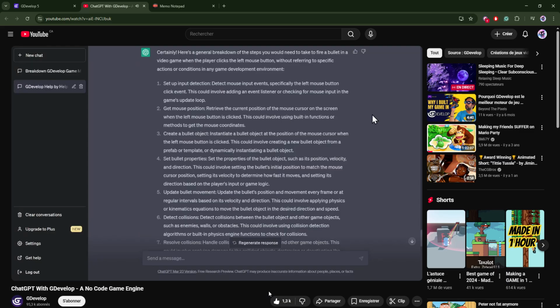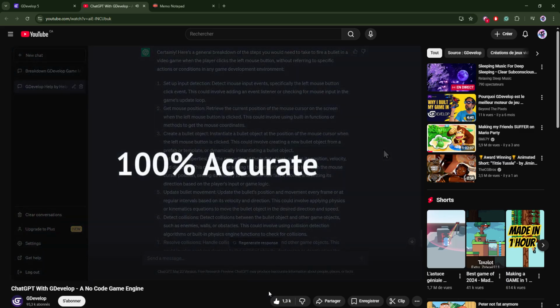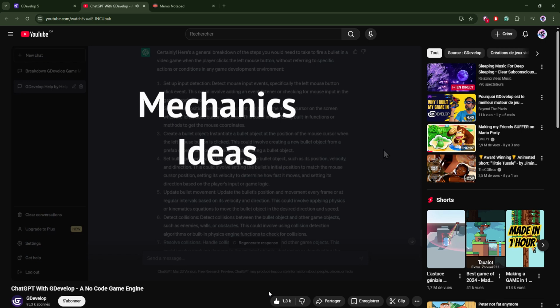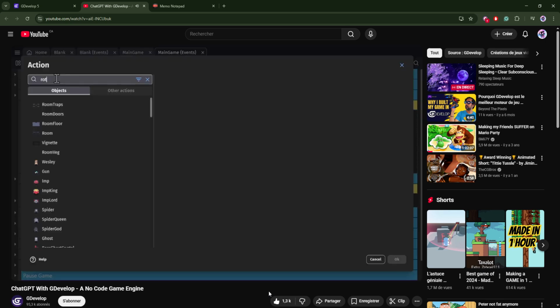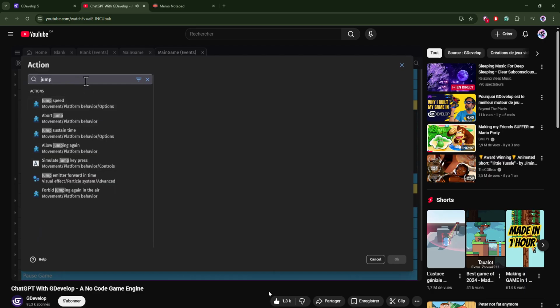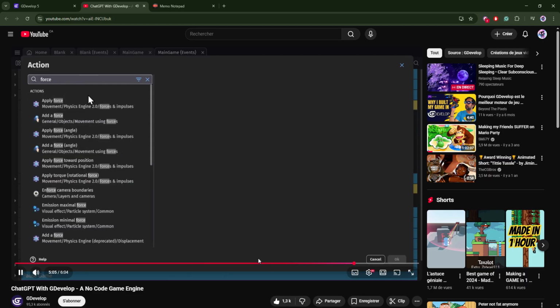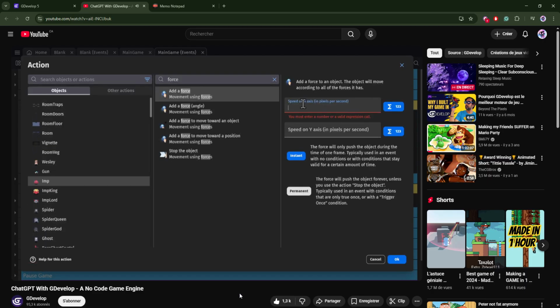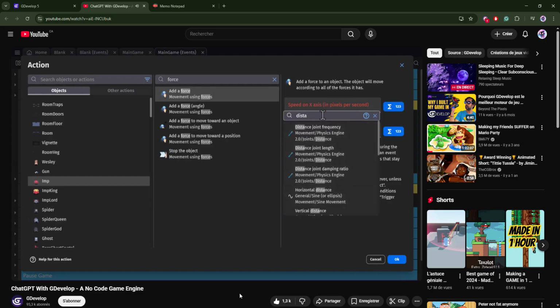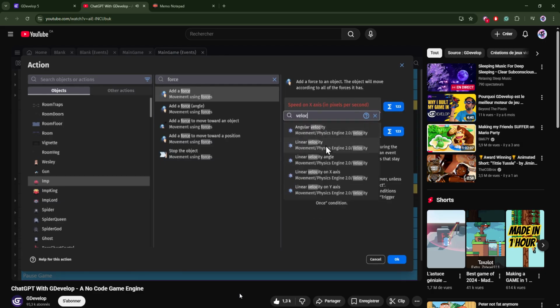So for ChatGPT, because it's not 100% accurate, it's a great tool for helping you break down mechanics and come up with new ideas and ways of doing things, but you'll definitely want to use the search function when adding conditions and actions, because there might be more relevant ones than ChatGPT is willing to show you. And when setting up those actions, try using the expression builder, because it will help you find the expression that you need without having to depend on